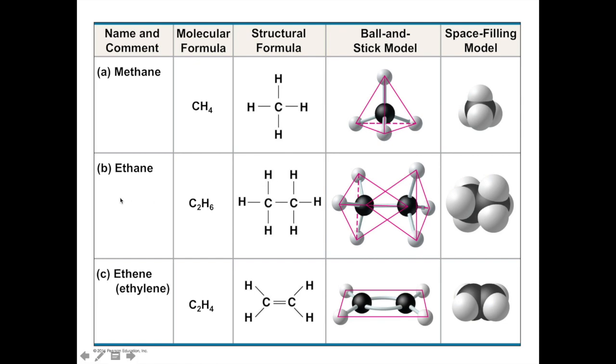With ethane, the second simplest carbon molecule, there are 2 atoms of carbon and 6 atoms of hydrogen, so that each of those carbons has 4 bonds, including the bond between the 2 carbons. You can see that it kind of looks like 2 pyramids pointing at each other. And because there is the single bond,